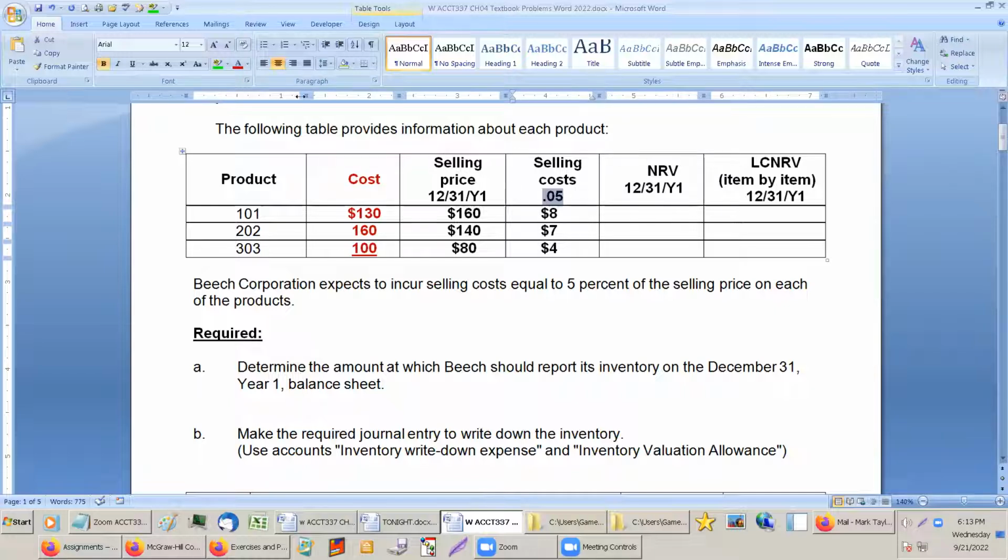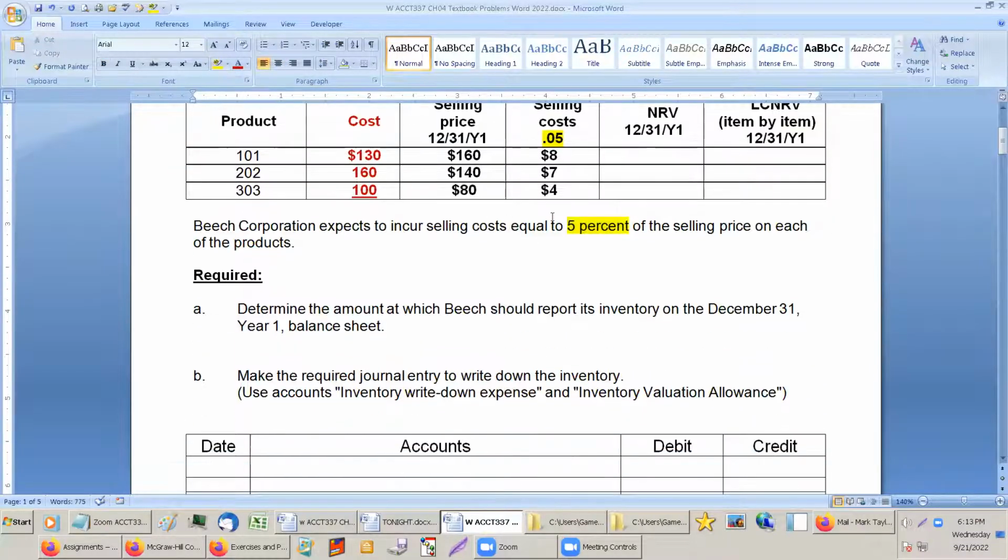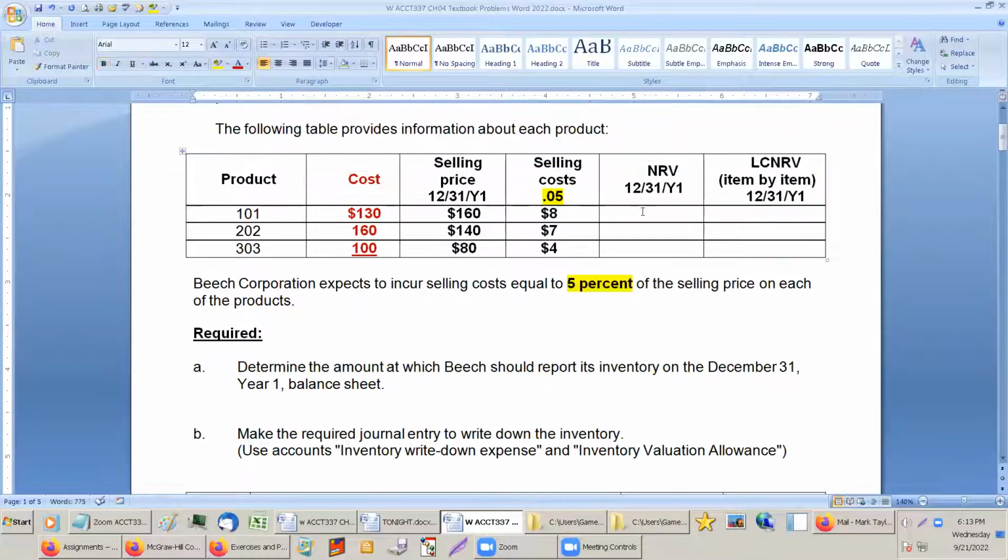Maybe there's like a commission or something. What gives a net realizable value of